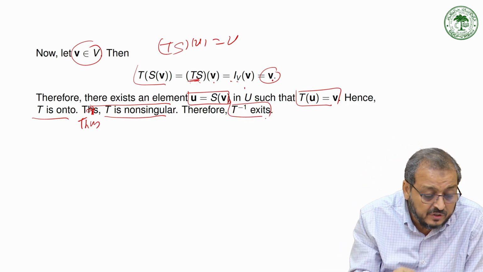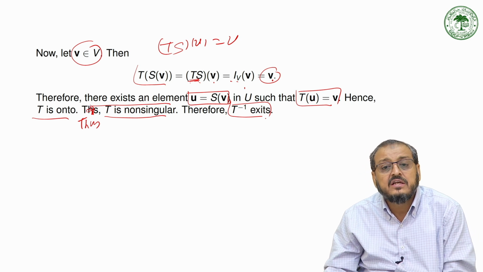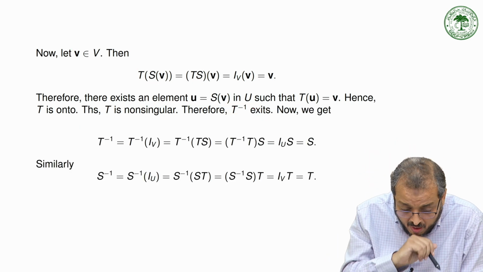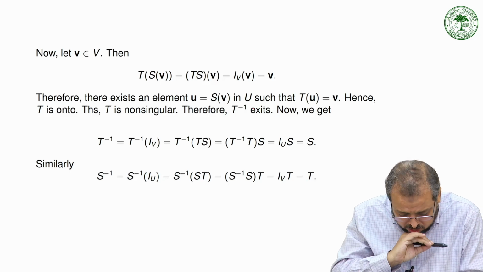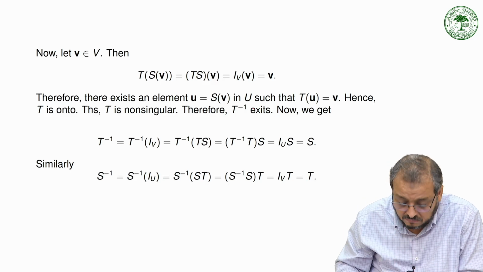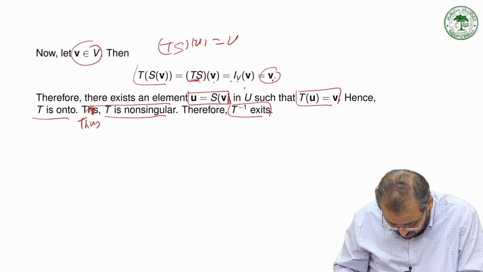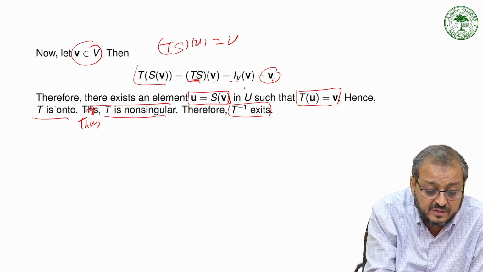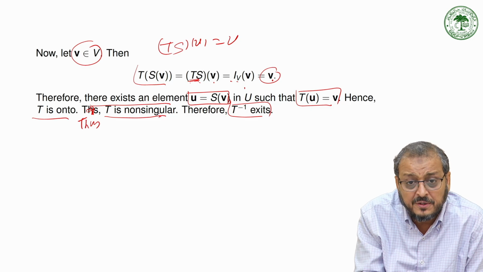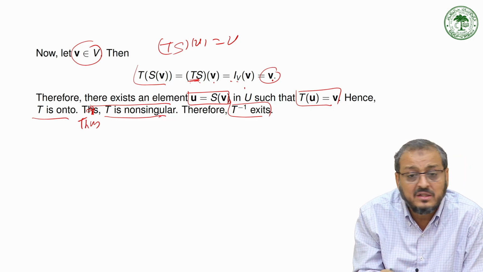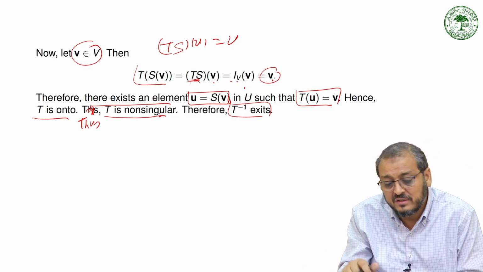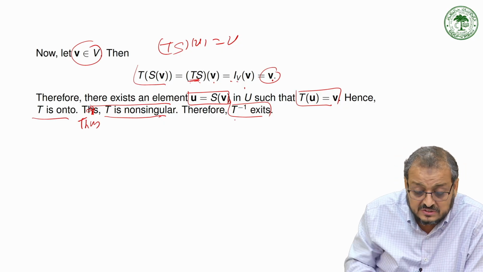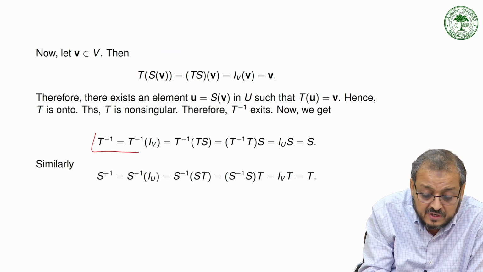So by this condition we can say that T is non-singular. If T is non-singular, then we have to prove that T inverse exists. If T inverse exists, T inverse can be written in the form of T inverse of